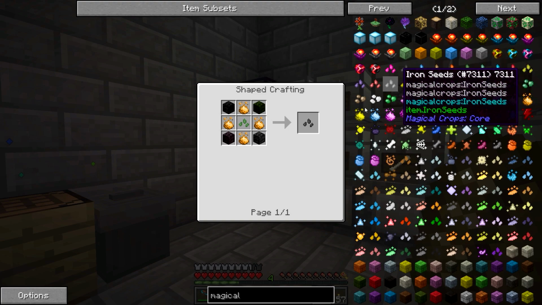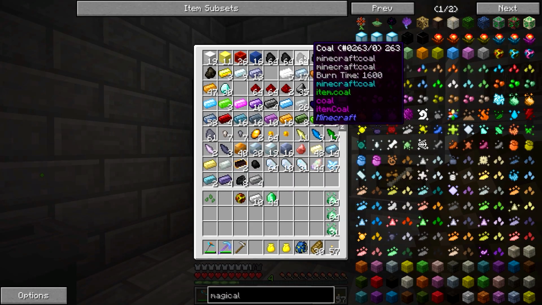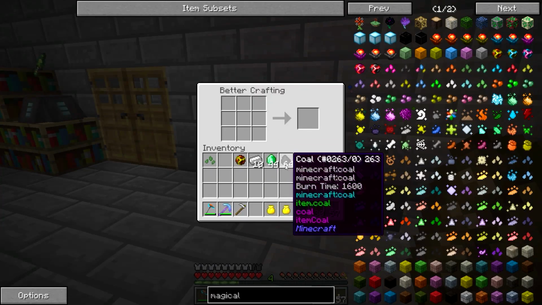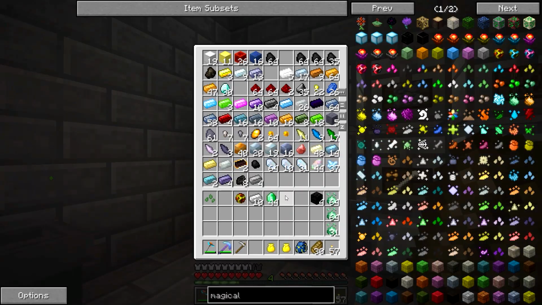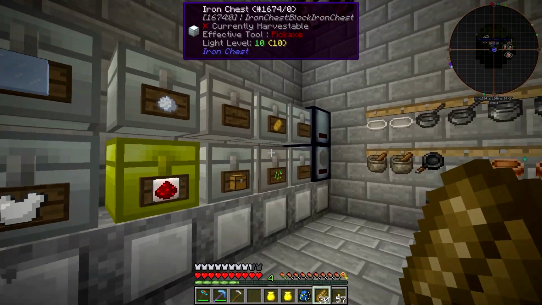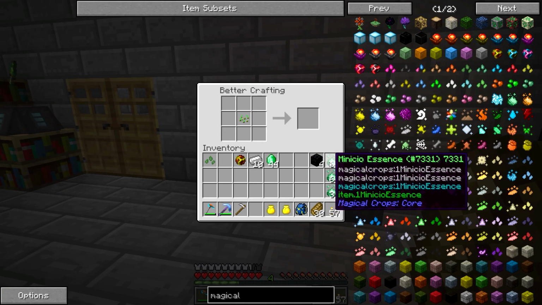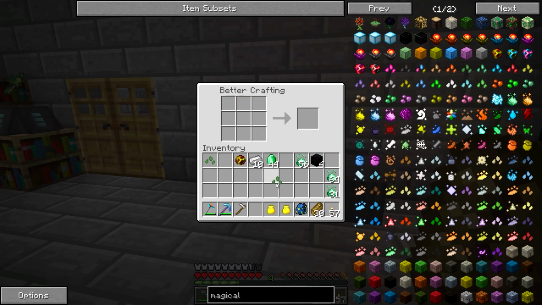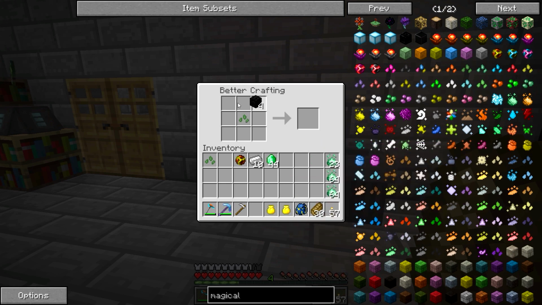So let's go with coal, and for that, I'm going to need coal blocks. So let's make 4 of those. There we go. And we'll put that back. And then we're going to need more Minicio seeds, because we're going to need those for every type of seed that we create, okay? And the recipe...